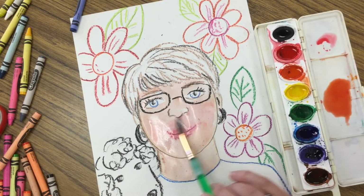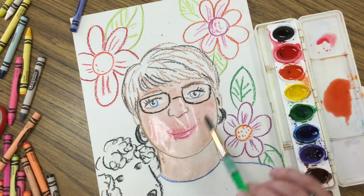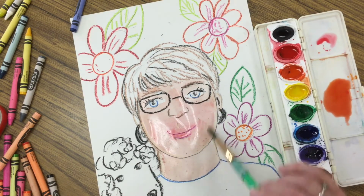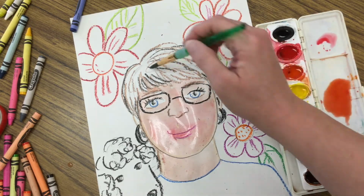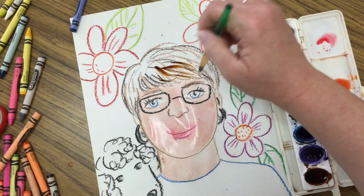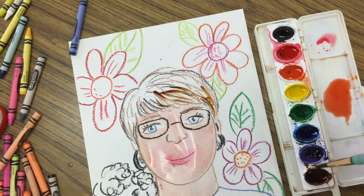Ooh, maybe got a little. Nice thing too is you can kind of just blend it if it gets too dark. All right, so now I might come back when that's a little more dry and work on the face. I'm going to work on my hair, so I'm going to use some brown for my hair. And when I do this, I try to use the tip of my brush, have it standing straight up and down so that you can see